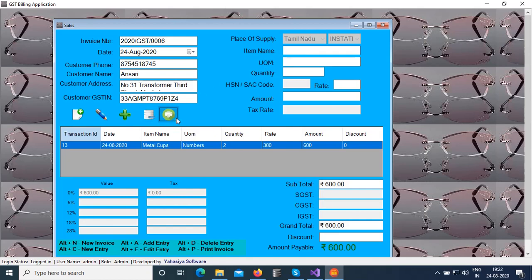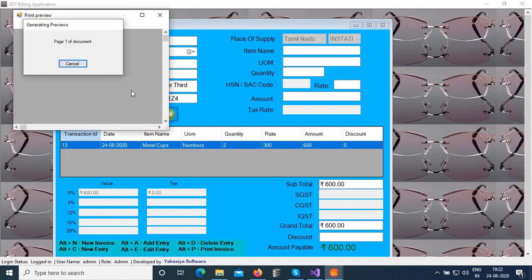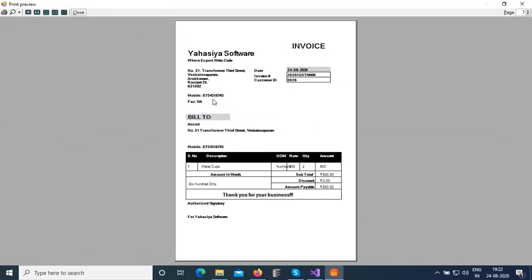When you print it, you will get the invoice something like this. Here there are no tax entries, no place of supply, no GST involved, nothing. So it's very simple, but at the same time it has what is needed to do a transaction.